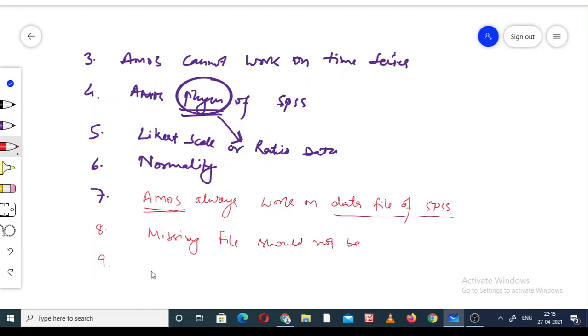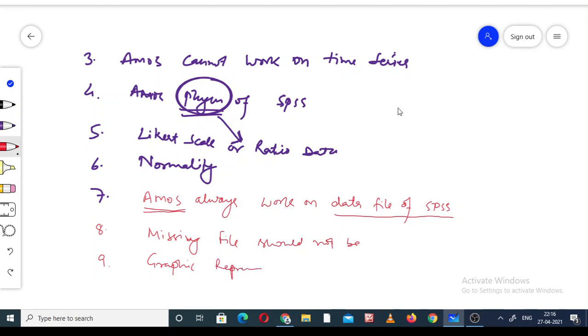The next one is, Amos is actually the graphical representation of the statistical calculation. So this is graphical. When we start to work on this, after completing these rules, we come to the next one. So this is the graphical representation.